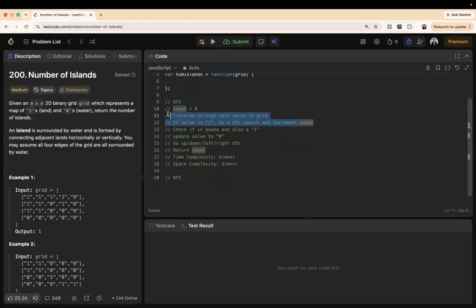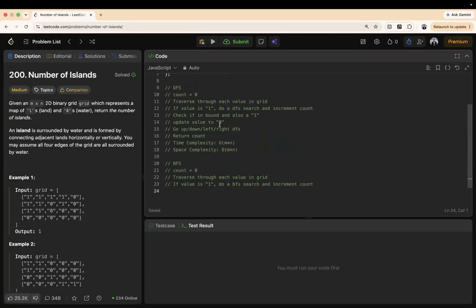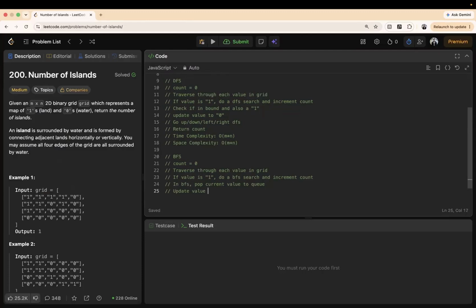So the second way is to use BFS, and here we do the same thing, but we do a BFS search. When you look at DFS, we have this edge case that if it's not inbound, we just return. In BFS, we don't even consider it unless it's inbound. So we find a value that's valid and 1, you add it to the queue. So in BFS, pop the current value from the queue, and then you just update the value to 0,